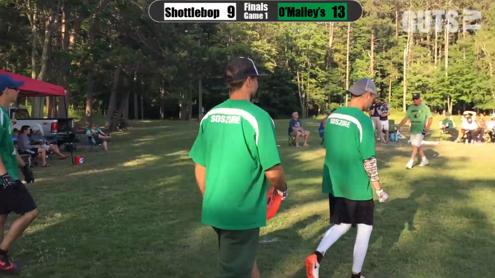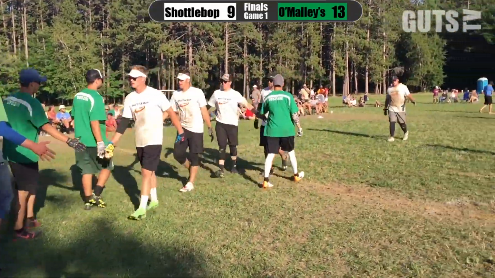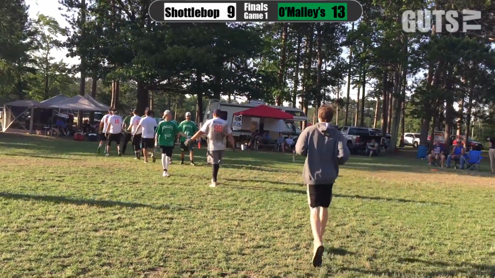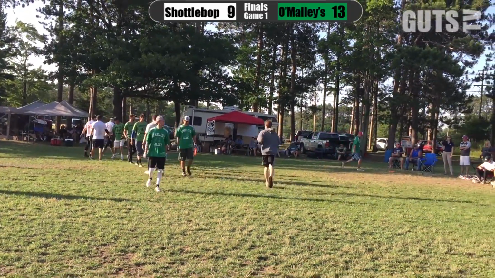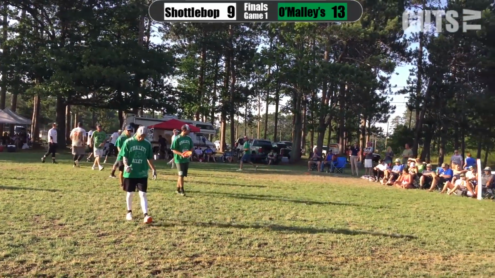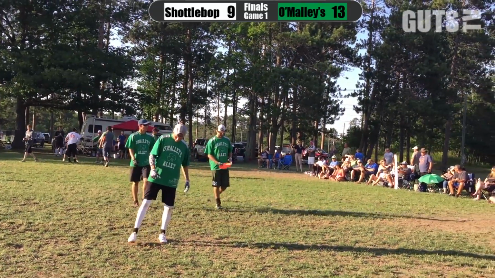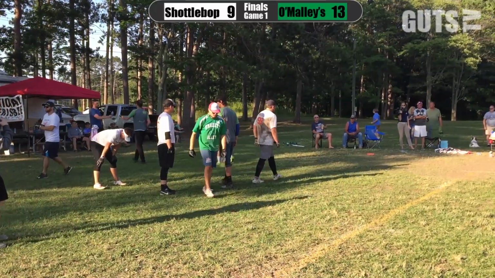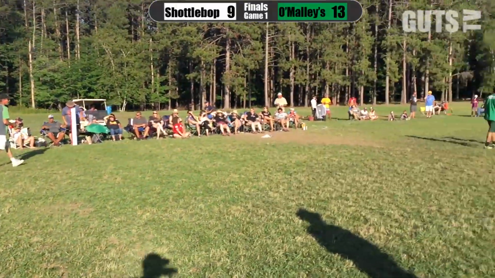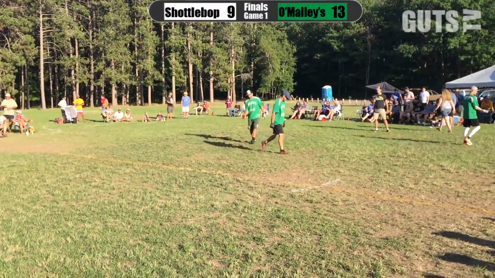So again, there's your 4 points right there. That's the difference. And 13-9's not that bad, being down. They were down 11-7, so they just kind of traded to the 13-9. Ideally, you'd like the 12-10 at the worst for Shottlebop. Ideally they get an 11 switch, come back from that 6-5, and get the 6-5 on their end to tie it up. But 13-9's not...